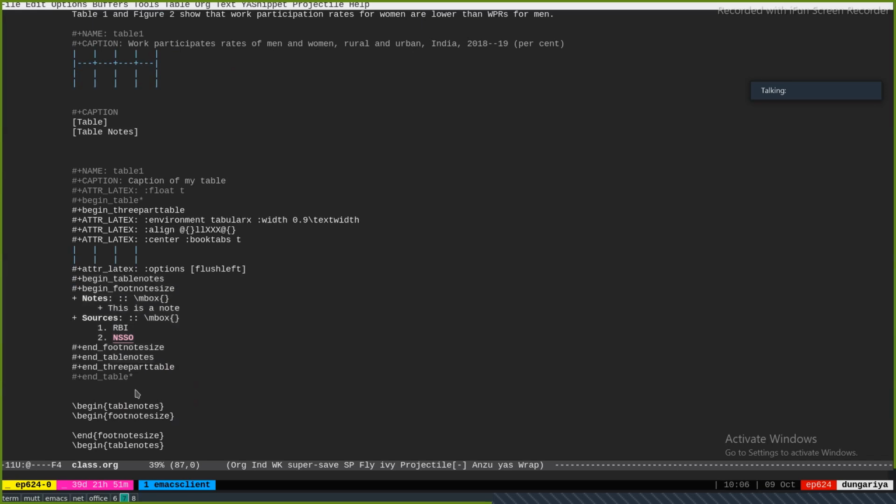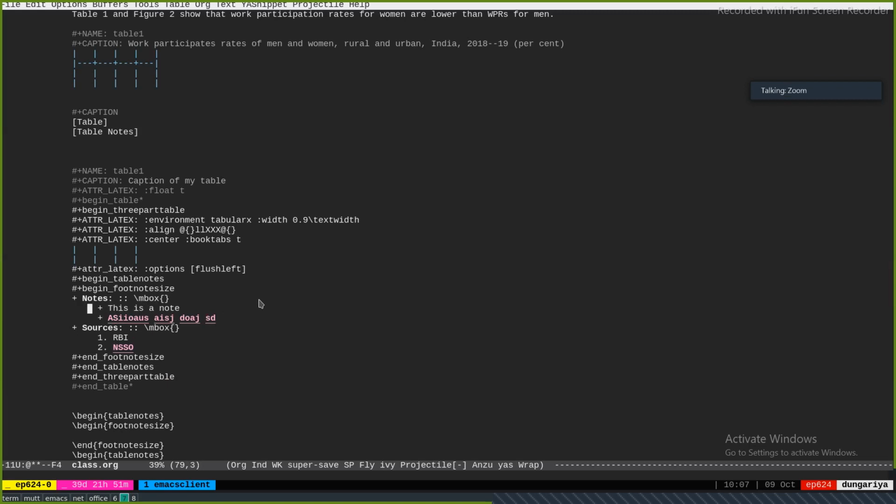Is that okay? So what does the mbox do? Mbox creates a blank space here. One way of writing this would have been, if I just have a single note, I would just write this. But if I have multiple notes, then I need a separate line. So this just places empty text, blank space here, so that I can have a whole bunch of notes.